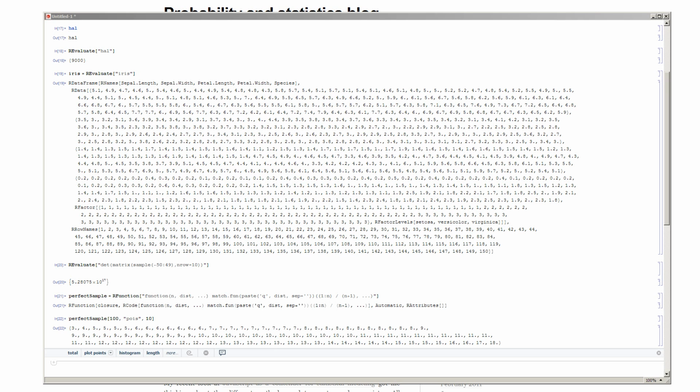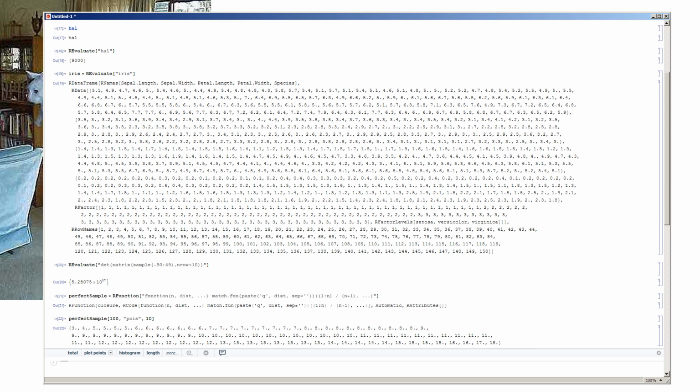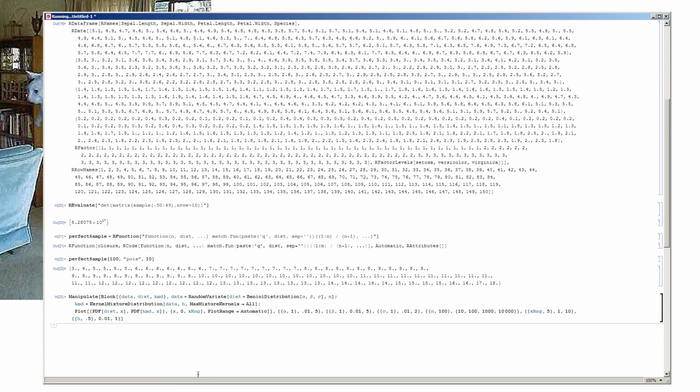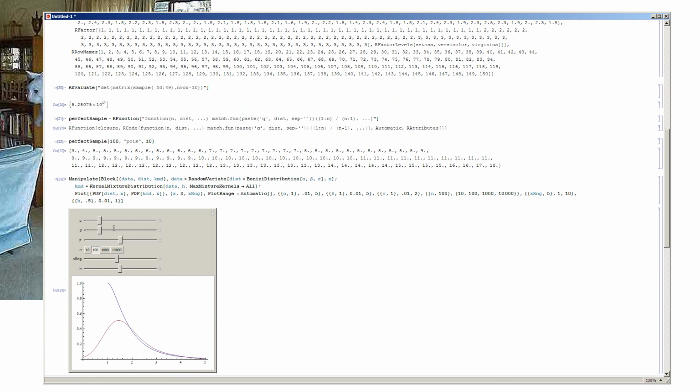I'm going to do an example using the Benini distribution, which according to Wolfram's web page can be used to model the weight of cats. So to do that, what I'm going to do here is use the Mathematica command Manipulate, and here's the code for that. And then I get back the results, and what I've got here is a live simulation, a live